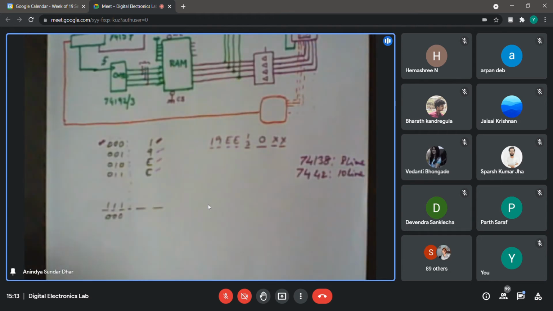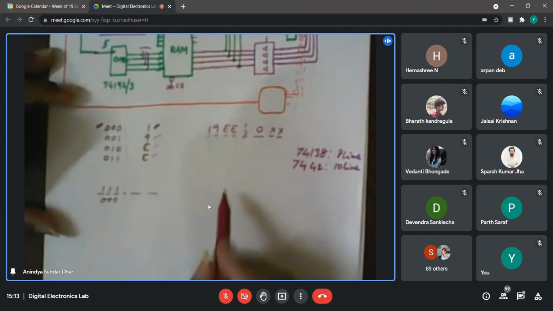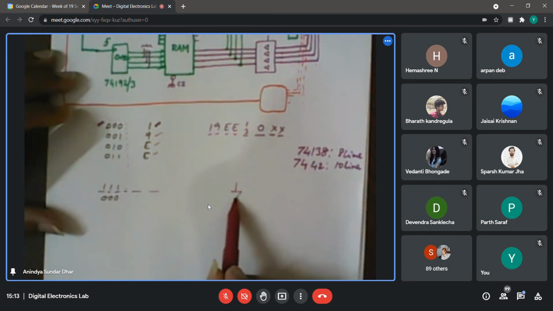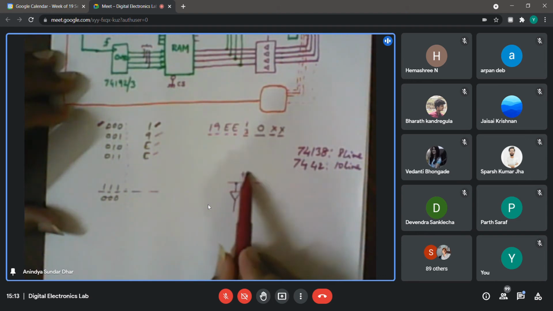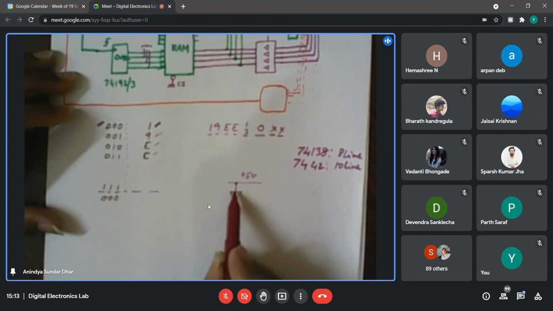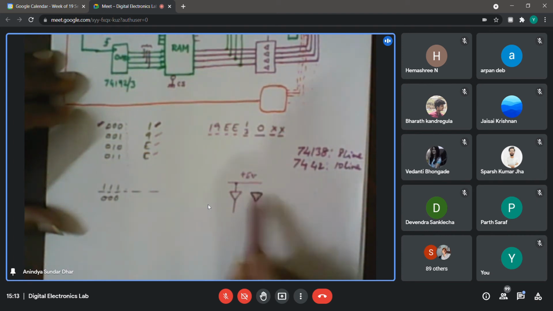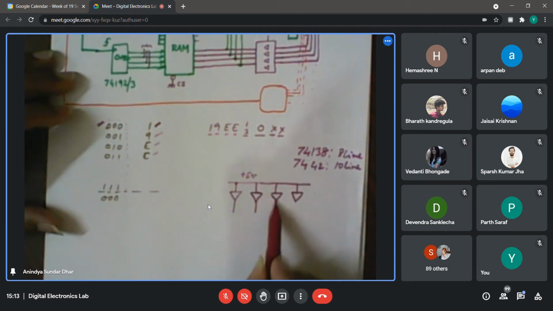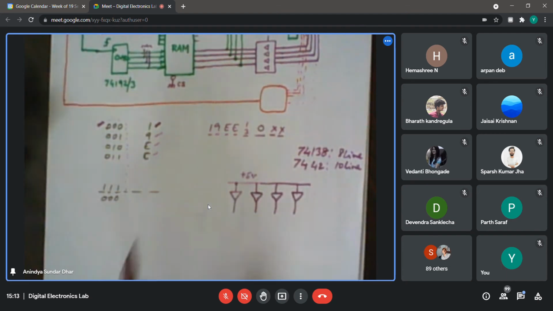Another thing I did not try, I was thinking of trying, but that is also not proper in actual practice. But suppose I put something like a buffer, so the input of the buffer comes from the power supply, which essentially is logic 1, so that side will be either at logic 1 or it will be tri-stated. So in that case, I can use, suppose, 8 buffers. But I have not tried it myself, so I do not know whether it will work.